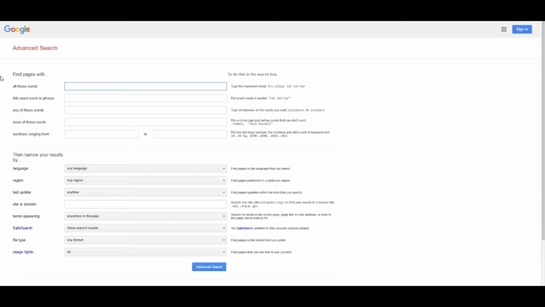So just type in your keyword which you want to write about, or you want to find some article, or you want to optimize your content. So I need to write an article, weight loss in a natural way. So this is my long tail keyword.